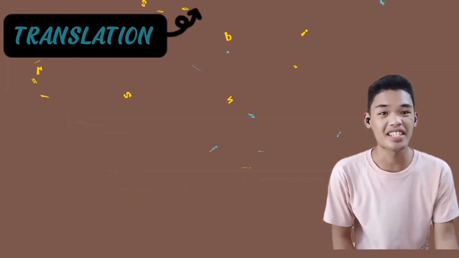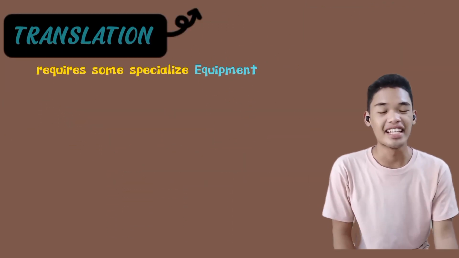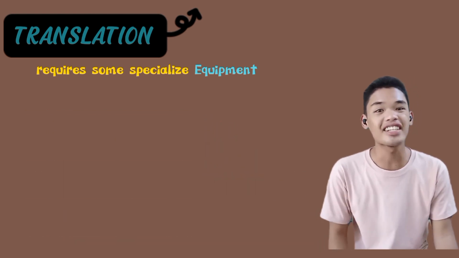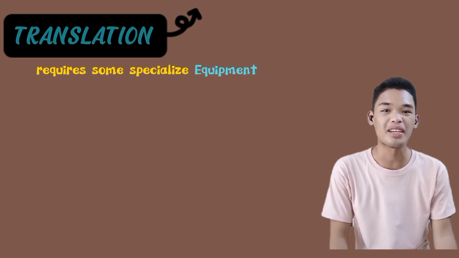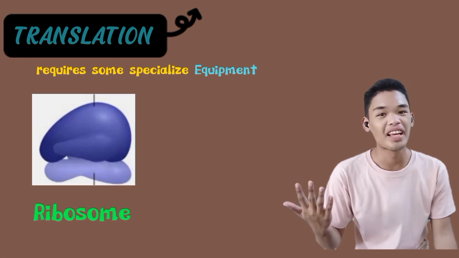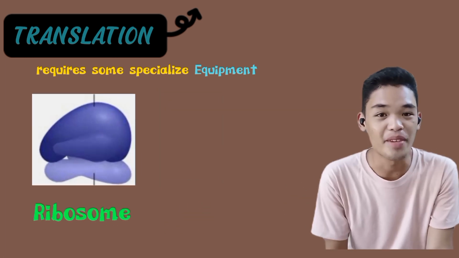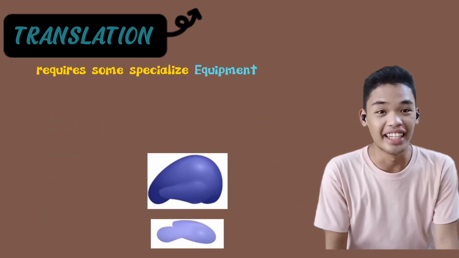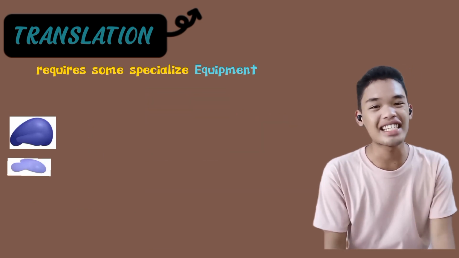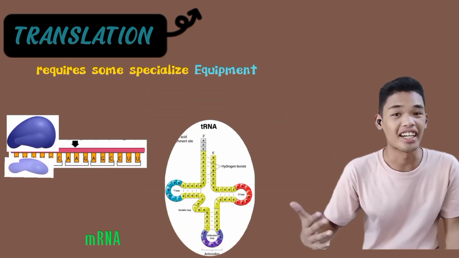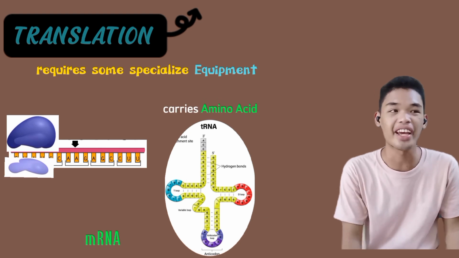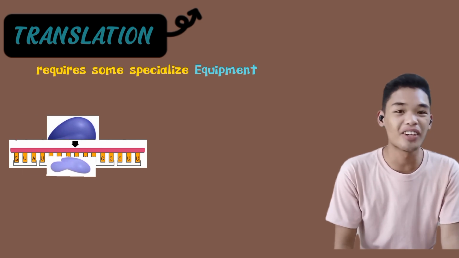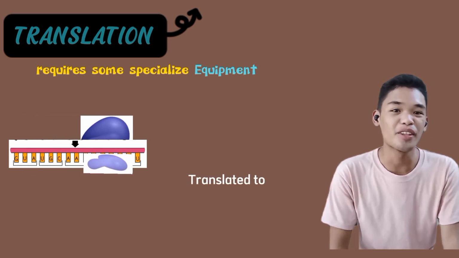So translation requires some specialized equipment. Just like you can't take notes if you don't have pen and paper, our cell can't translate if it doesn't have two specialized gears, the ribosome and the tRNA. Ribosome is made up of two basic pieces, the small subunit and the large subunit. The two subunits come together around the mRNA molecule. tRNA carries amino acids to the ribosome. The ribosome moves forward on the mRNA codon by codon as it is read and translated to make a protein